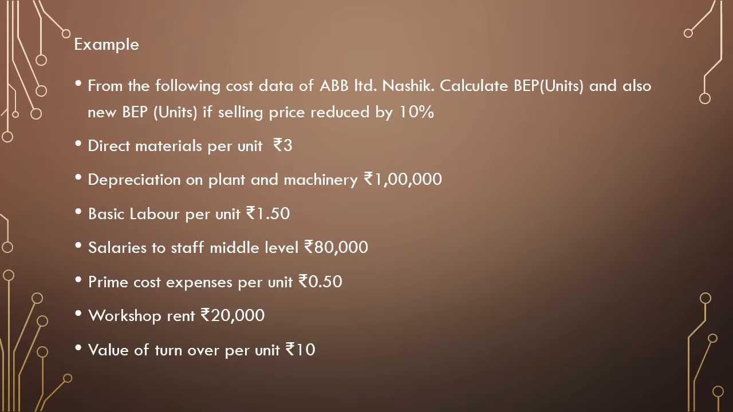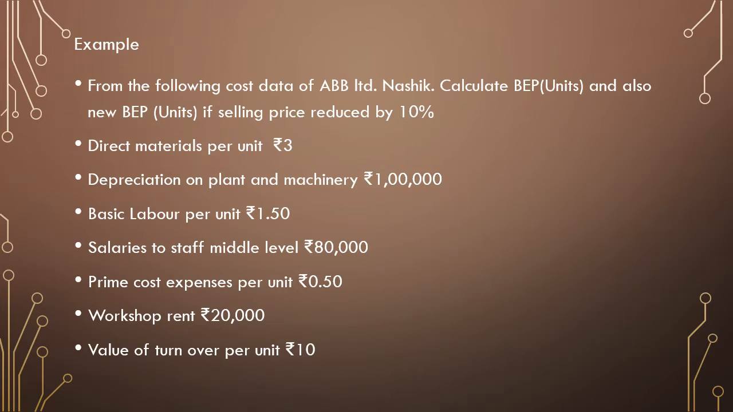From the following cost data of ABB Limited Nashik, calculate BEP units and also new BEP units if selling price is reduced by 10%. So we have to calculate BEP units first and again new BEP units by reducing the selling price by 10%. For that purpose, they have given us the information as direct materials per unit rupees 3, depreciation